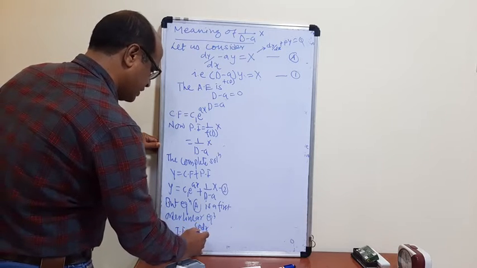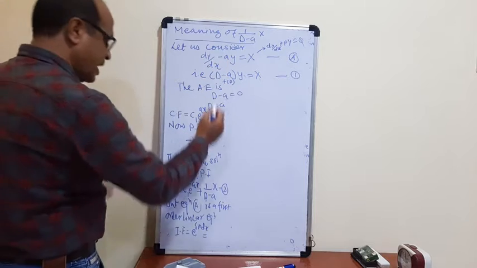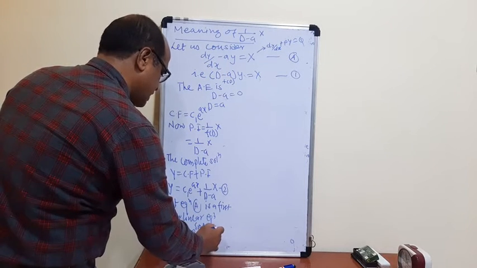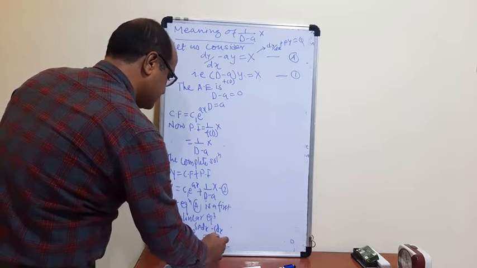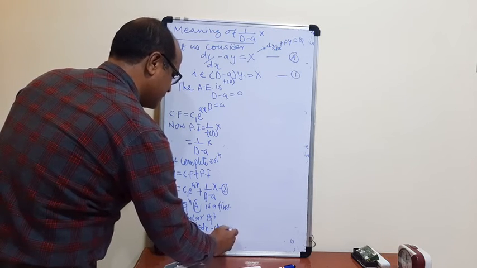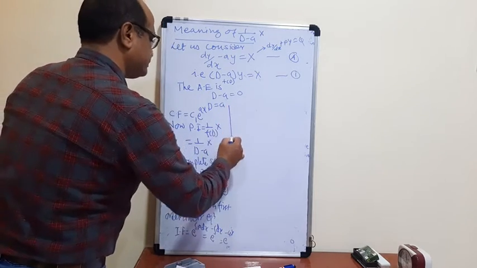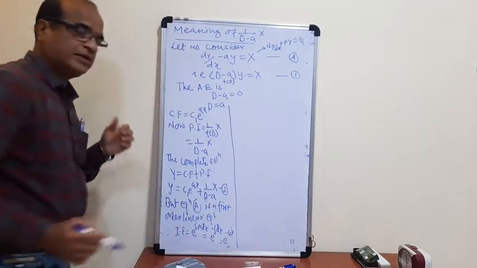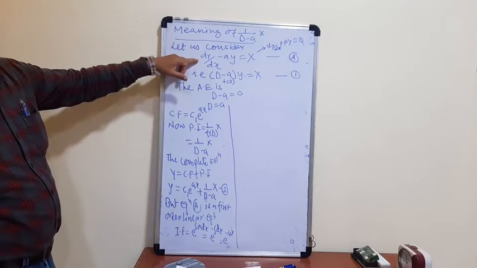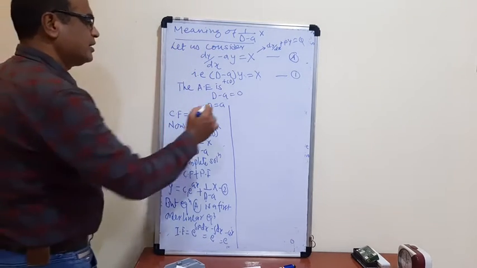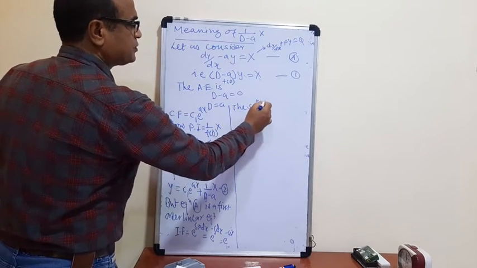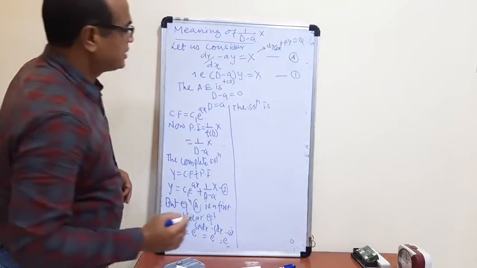What is P here? Minus a. So e raised to integration of minus a dx, so this is e raised to minus ax. So this is the integrating factor. So what is the solution of this first order linear differential equation? The solution is